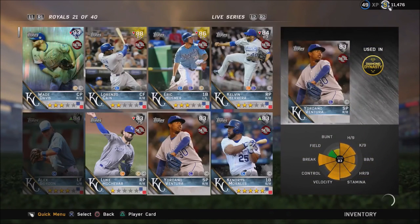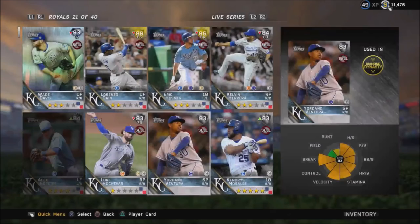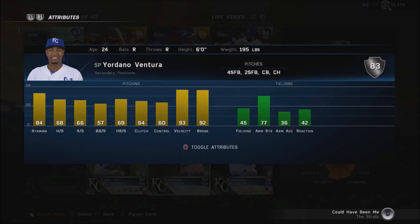One of these pitchers is Ventura. I'm not a huge fan of Ventura, but the guy can throw 99 to 100. So I know he's had some favorable matchups where he'll go up to like a 90 or maybe high 80s in that gold status. He can have +12s or higher, get his H per 9, hits per 9 and K per 9 in the 80s,